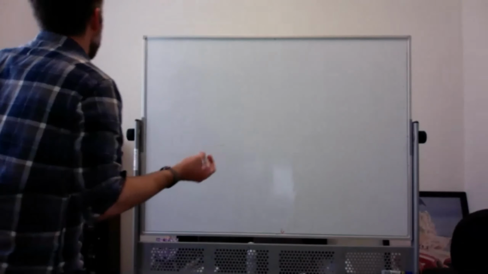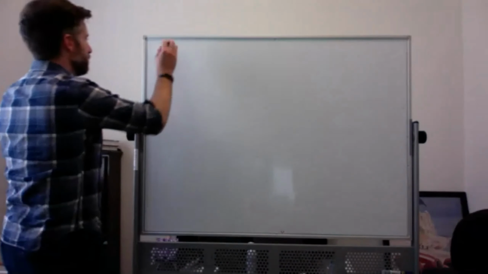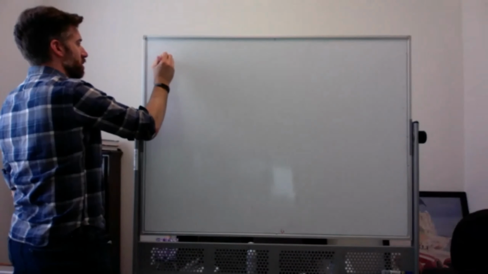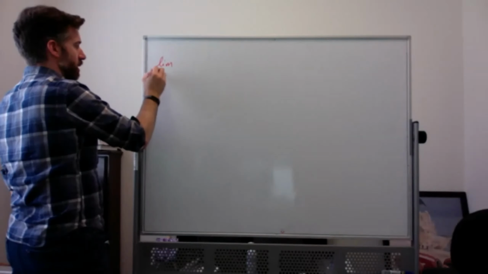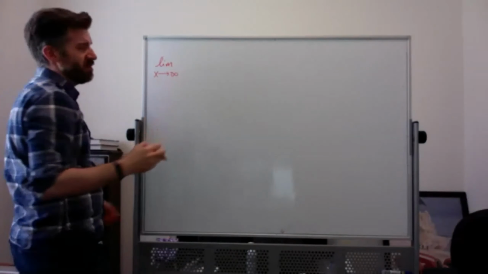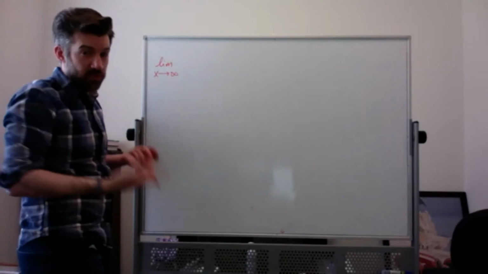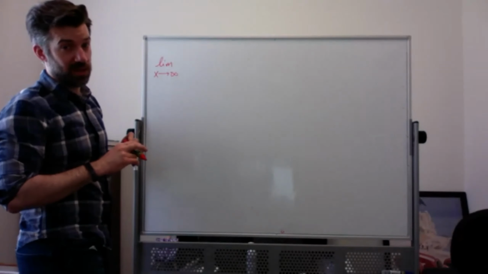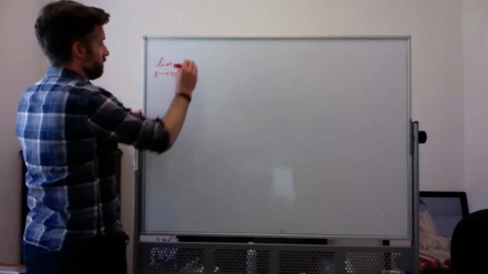I know he did one kind of like this today or on Friday in class when he was talking about continuity. So one type of example is when you have a limit to infinity. So limit, let's say x goes to infinity, and you have something that essentially looks like a rational function, except there's a sine or a cosine in it. So you have a limit as x goes to infinity of